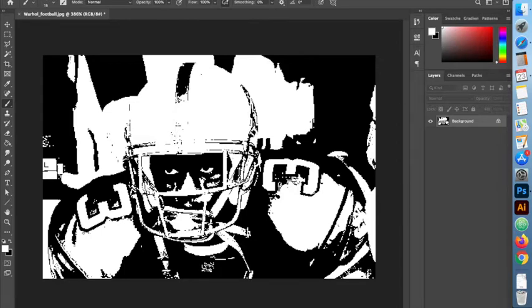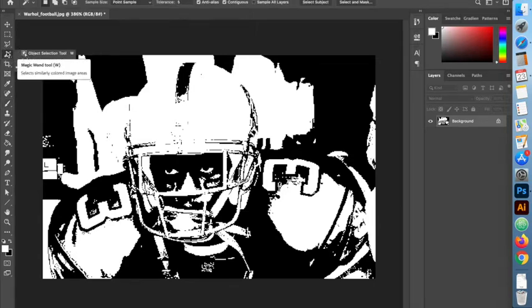I want to choose the magic wand tool, the letter W, and if I click over here, you'll see that this one has a magic wand, or you might see something else in here as well. But I want to click on this tool. It's underneath the polygon lasso tool. I'm going to click on magic wand tool,